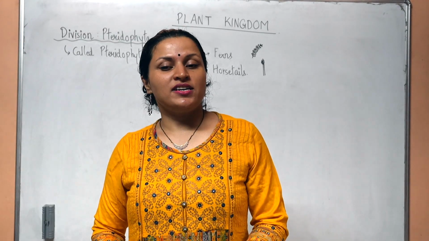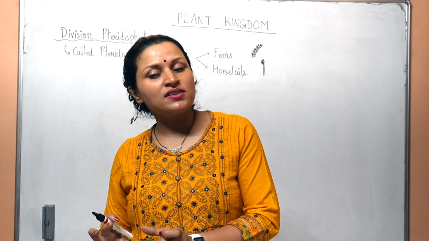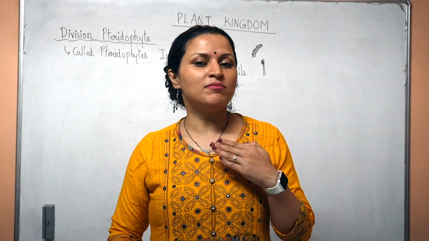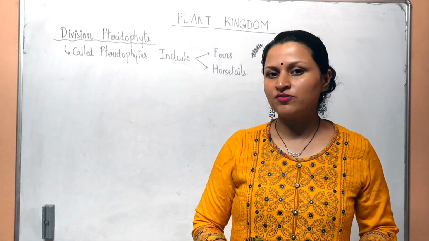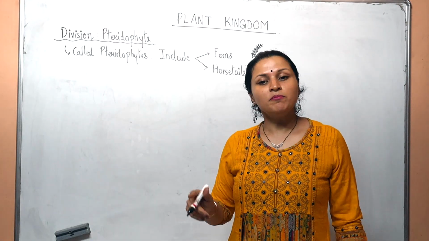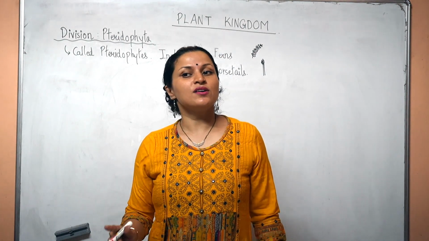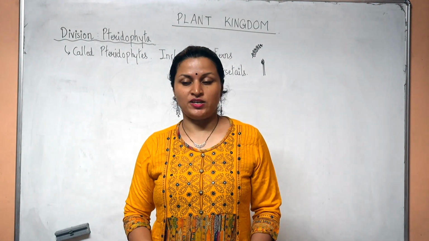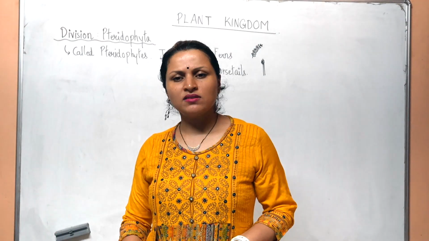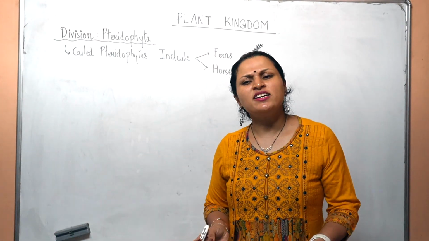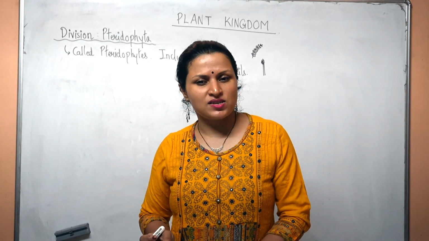So in the pteridophytes, both the sporophyte as well as the gametophyte are independent. In bryophytes, the sporophyte was dependent on the gametophyte. The gametophyte was independent. In fact, the main plant body of ferns is the sporophyte and not the gametophyte. What you say is a fern is actually its sporophyte. Where is the gametophyte in this case? The gametophytes are very, very small and reduced in size.